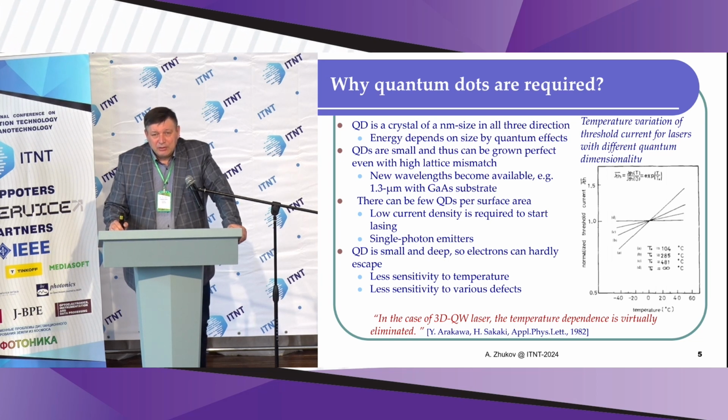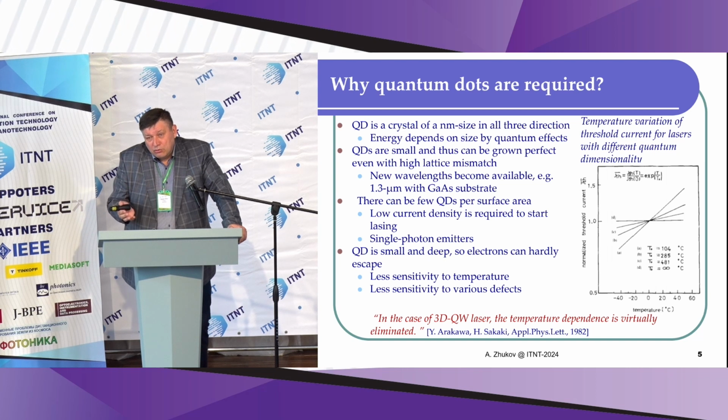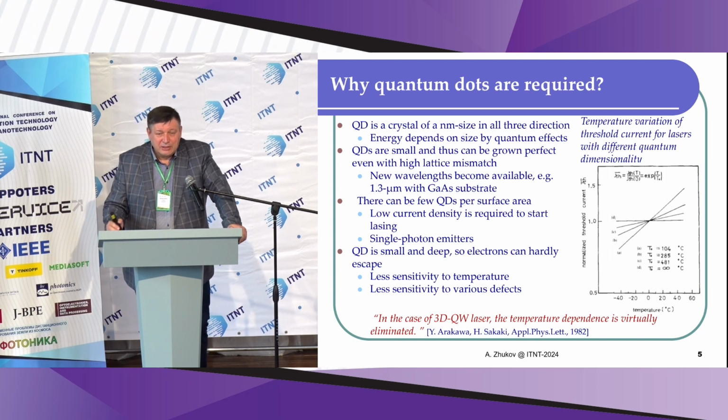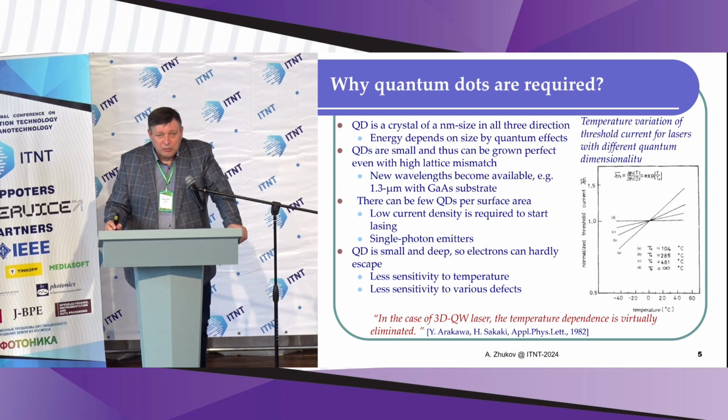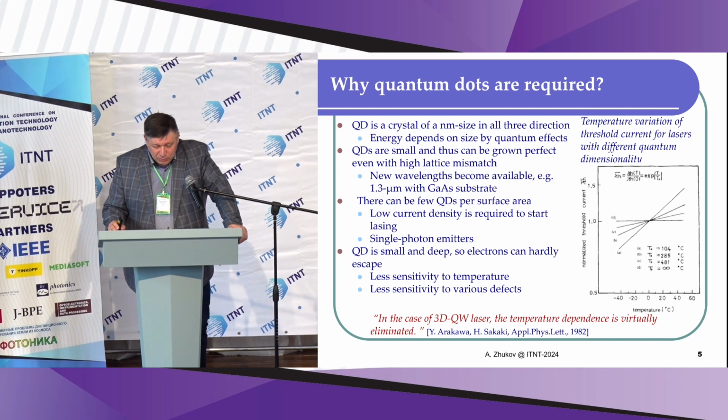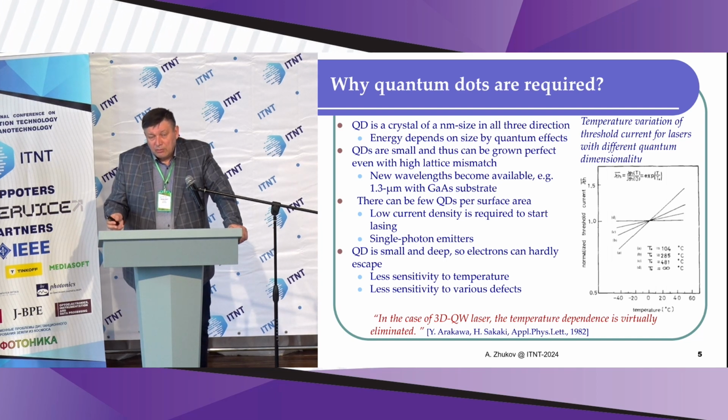provide gain for lasing, because the current density required for lasing can be calculated as the surface density of quantum dots multiplied by the electron charge and divided by the luminescence time. So the lower the surface density of quantum dots, the easier it is to achieve lasing. And well, the last but not the least advantage of quantum dots is very high expected temperature stability because